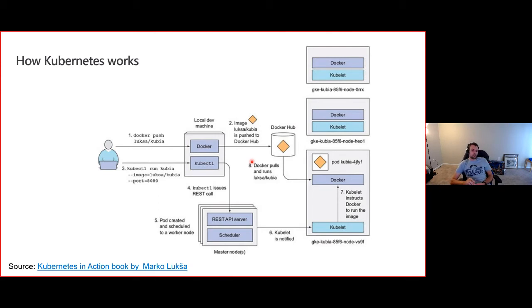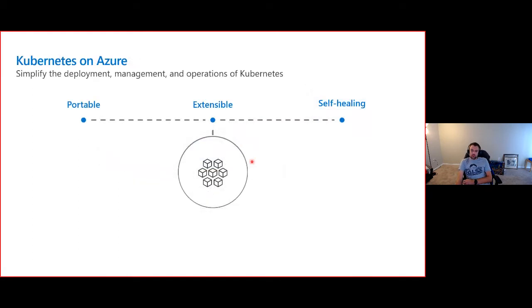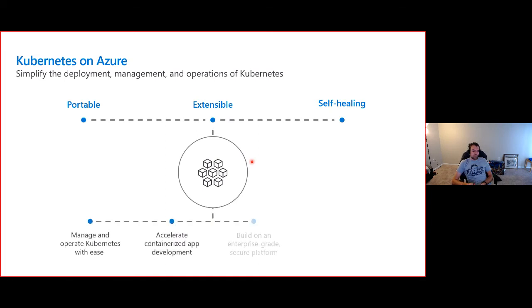And this is how Kubernetes works from, let's say, a user perspective. And if we then think about what Kubernetes means on Azure, Kubernetes itself is, let's say, portable, extensible, and self-healing. Those are the aspects of Kubernetes itself as a piece of software. And what, from an Azure perspective, gets added to these capabilities is Azure makes it really easy to manage and operate Kubernetes clusters at scale, which will then enable you as a user of Kubernetes clusters on the Azure platform